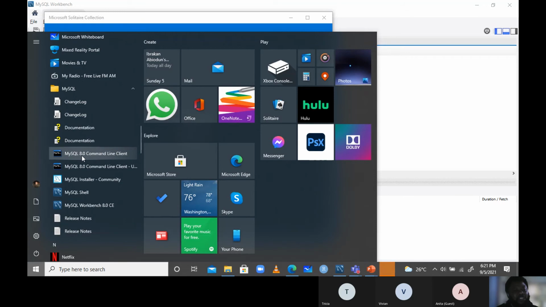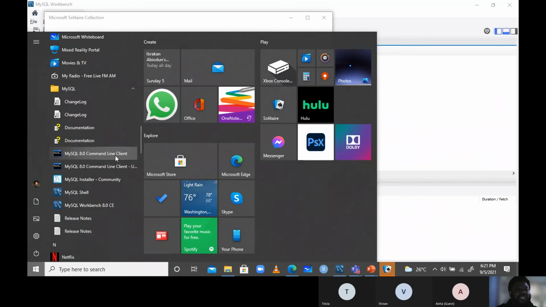Can you see MySQL 8.0 Command Line Client? There are two of them. It is the first one, not the one with the longer name. MySQL 8.0 Command Line Client, that's what I want you to open.